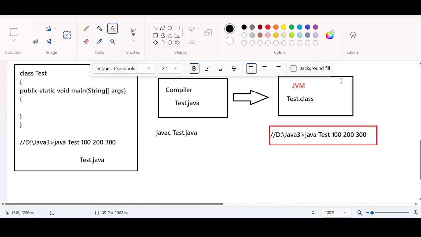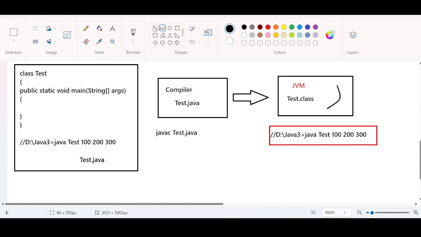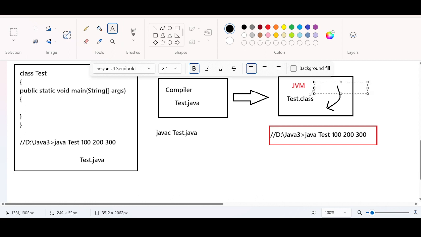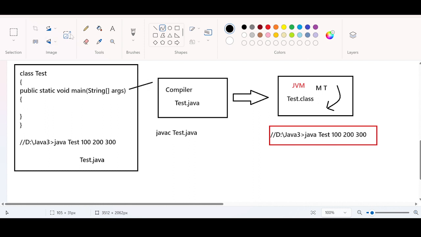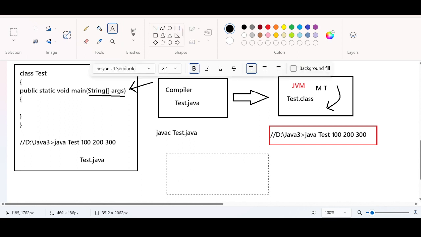The main thread will be created, and it will get access to the main method. What is the prototype of the main method? Public static void main, we know that, and it has a parameter called String array args. What happens is that this String array args is going to store these three values